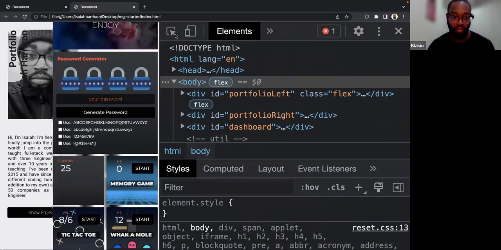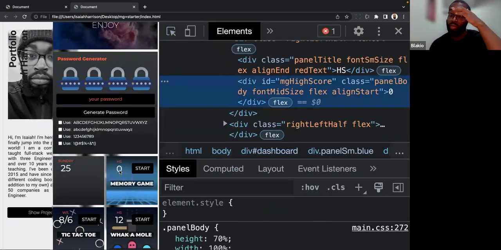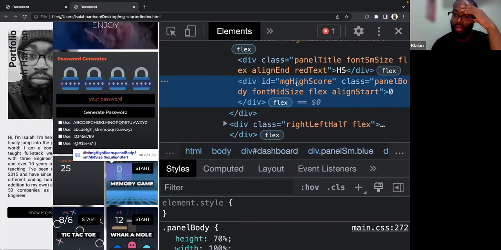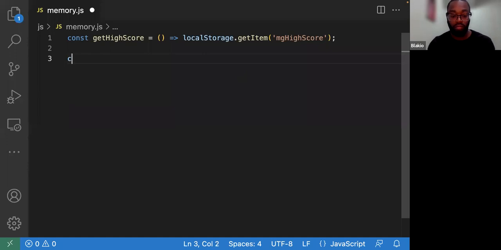So we'll grab this, and whenever we want to, how do we set the value? How do we reset this to 0? We know that value is here inside of this div. First, we've got to access it using getElementById.